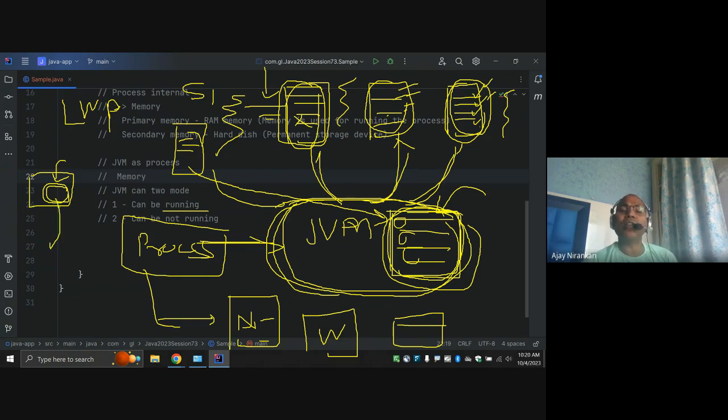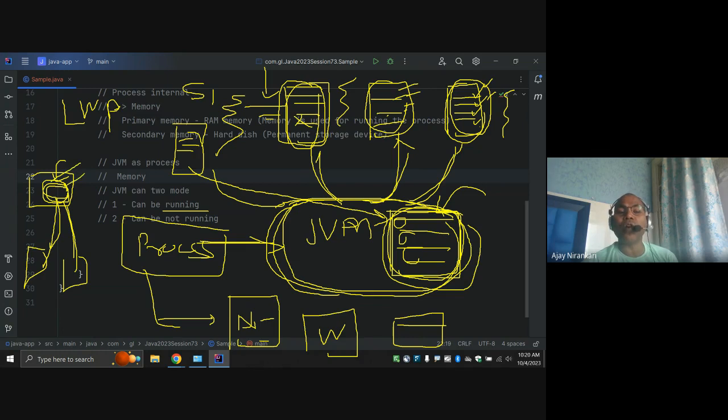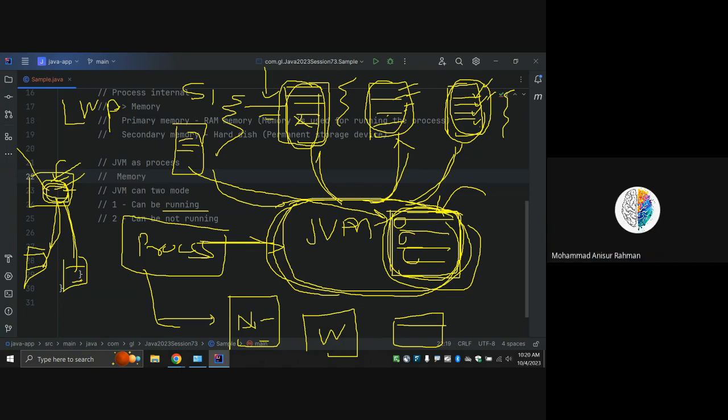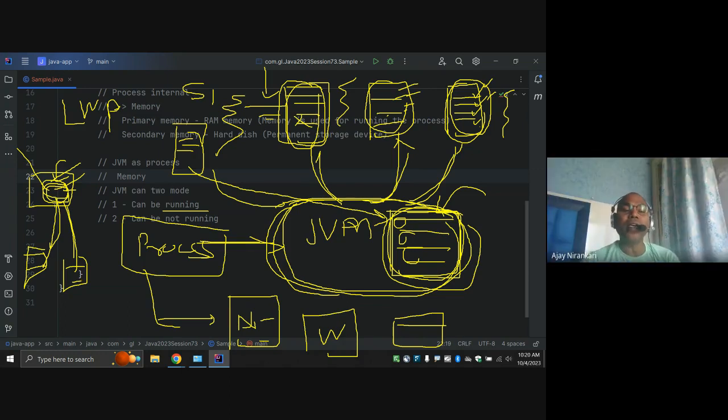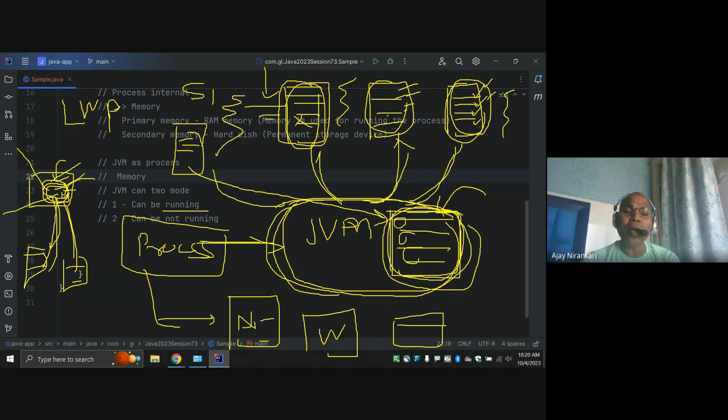Surely for writing some file, some content, you can use the hard disk, C drive, D drive. You can write there, but here we have limited memory. Here you cannot create more objects. Whatever objects you create are stored in the heap, not in a C drive or D drive folder. If you want to store something on C drive or D drive, you have to write a file. But before writing, you have to spend memory here. So first you have to spend this memory, then you can write. So minimum memory is required so that one process, one thread, can start.